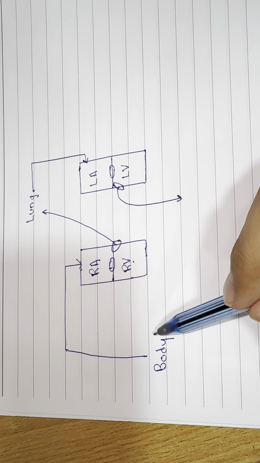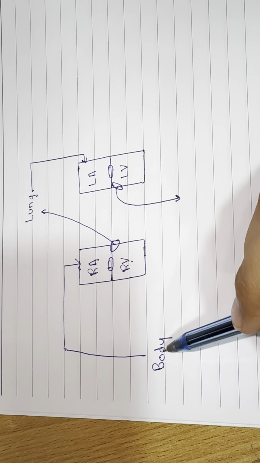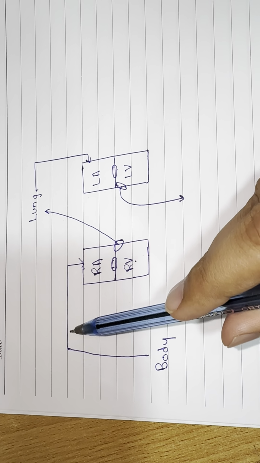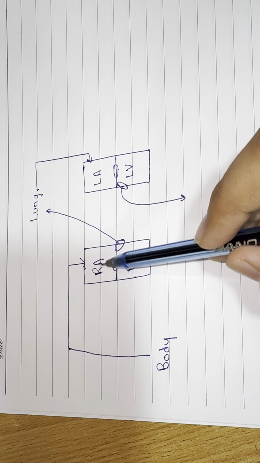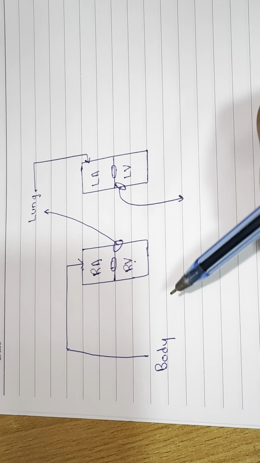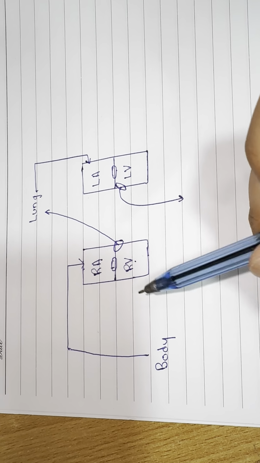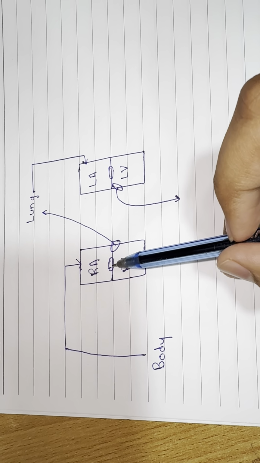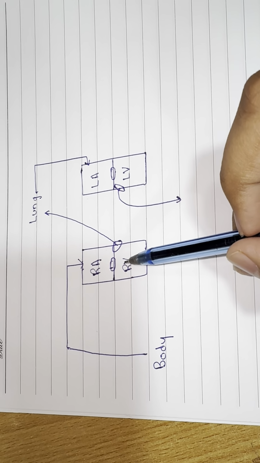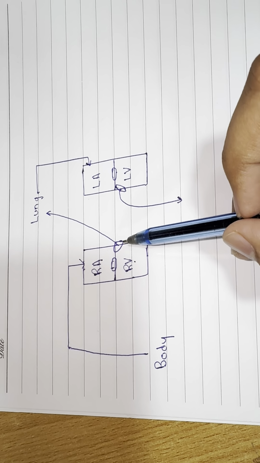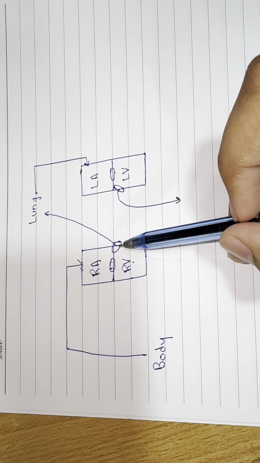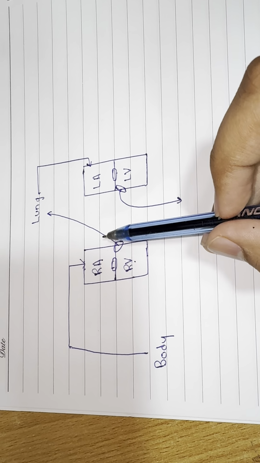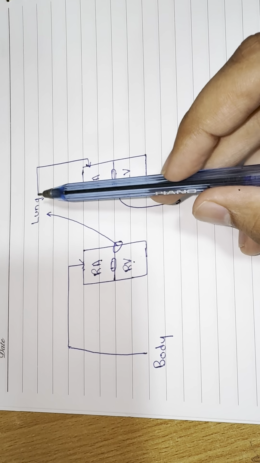All right, so from the body, the deoxygenated blood is carried and thrown into the right atrium via the superior vena cava and inferior vena cava. We are very aware of this. So from the right atrium, the blood goes via this tricuspid valve into the right ventricle. From the right ventricle, we have here the pulmonic valve, and it goes into the pulmonary trunk to the lungs,